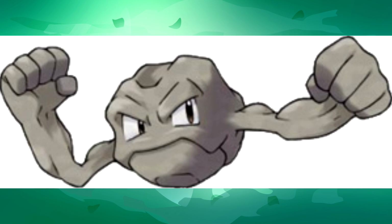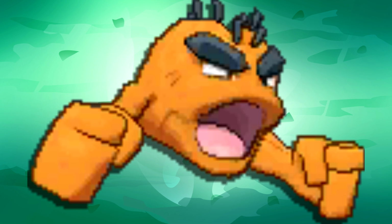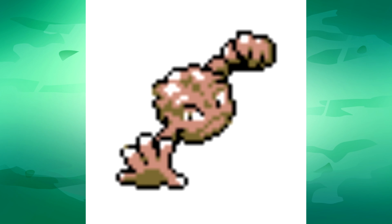Now, coming in next is going to be Geodude. The current Geodude has a very golden color to it when it is shiny, and if you look at it currently, it looks really nice. I like the golden color. We've also seen that the Alolan Geodude has a very orangish color to its shiny, but back in Generation 2, the original shiny Geodude had a very brownish color to it,